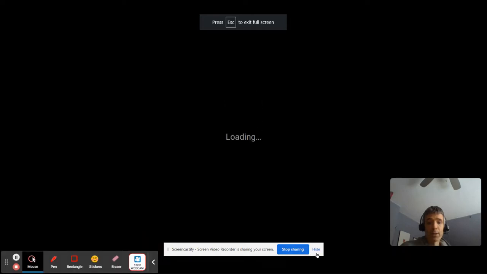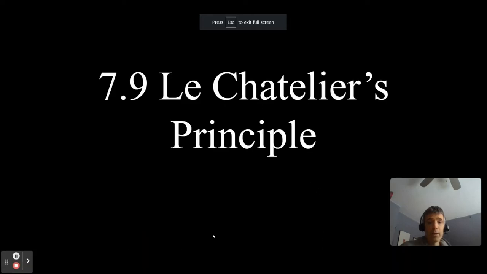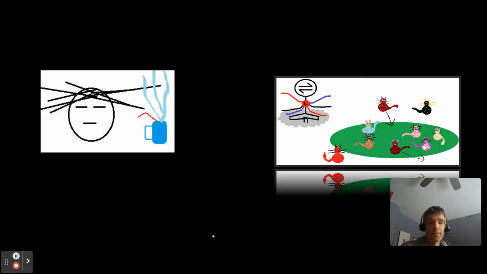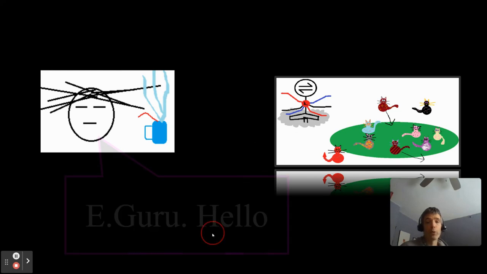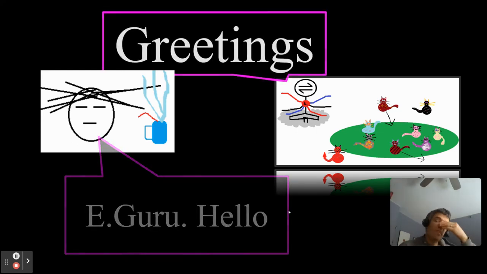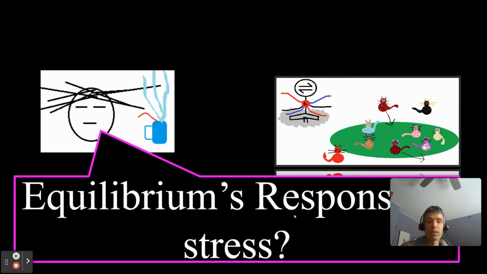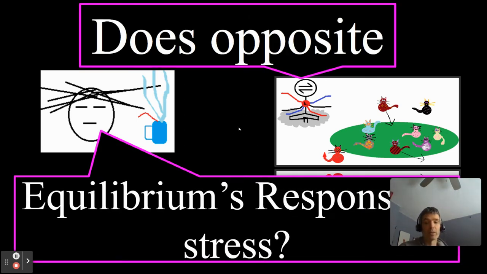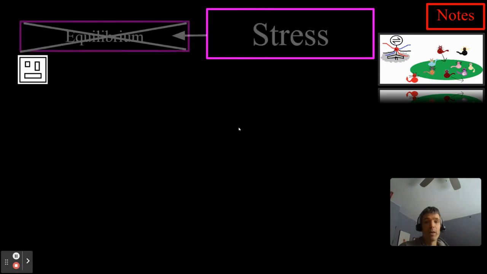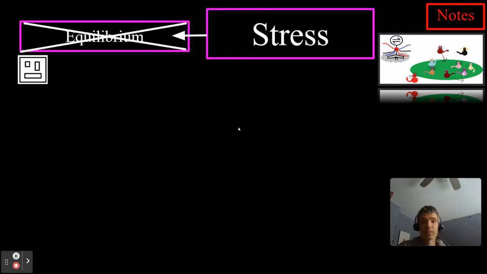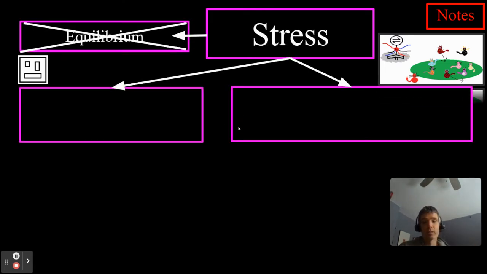All right, here's our topic, and here's our objective. Remember from the e-guru that when an equilibrium system is stressed, it tends to do the opposite. And this is just examples of it. Now, when the stress gets it out of equilibrium, there's two ways the systems are going to respond. And the way the stresses themselves, one will affect